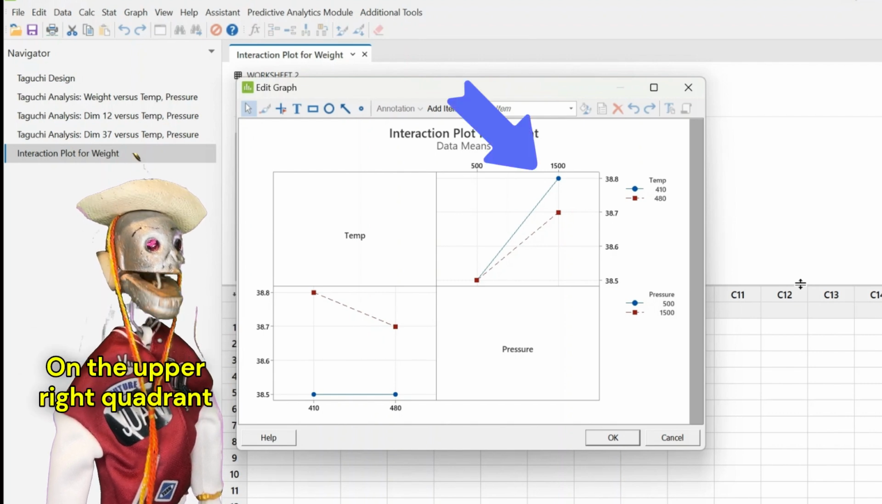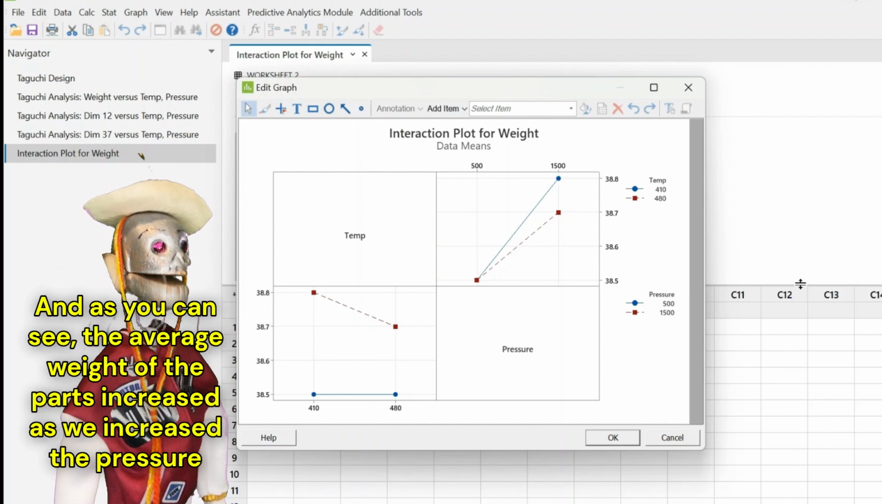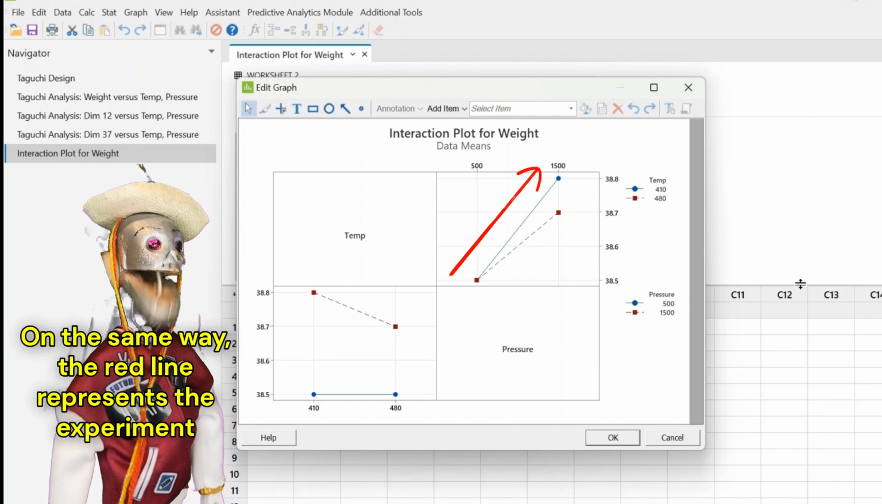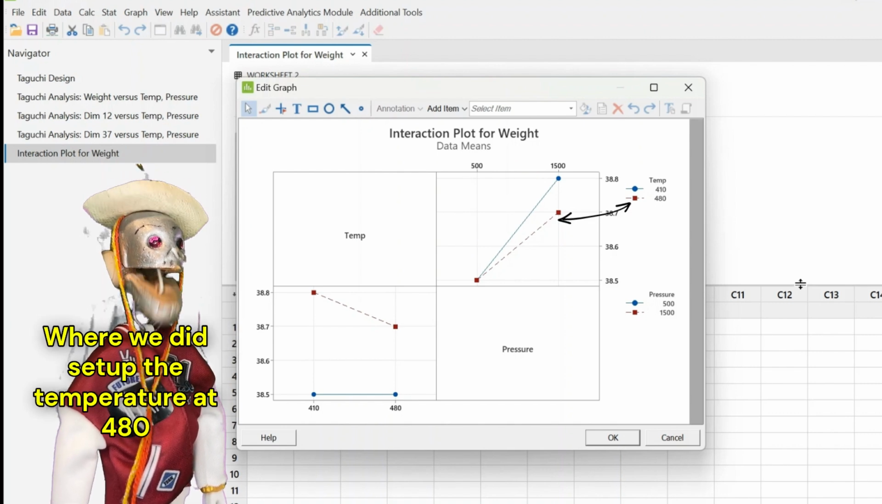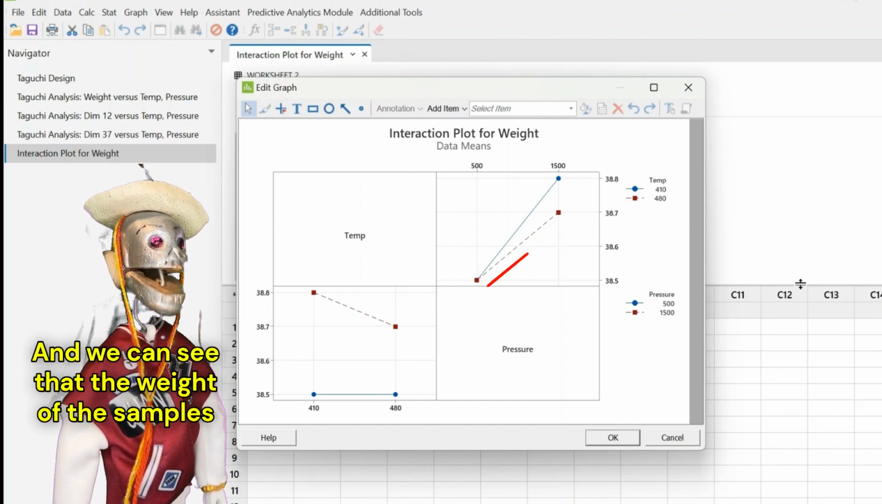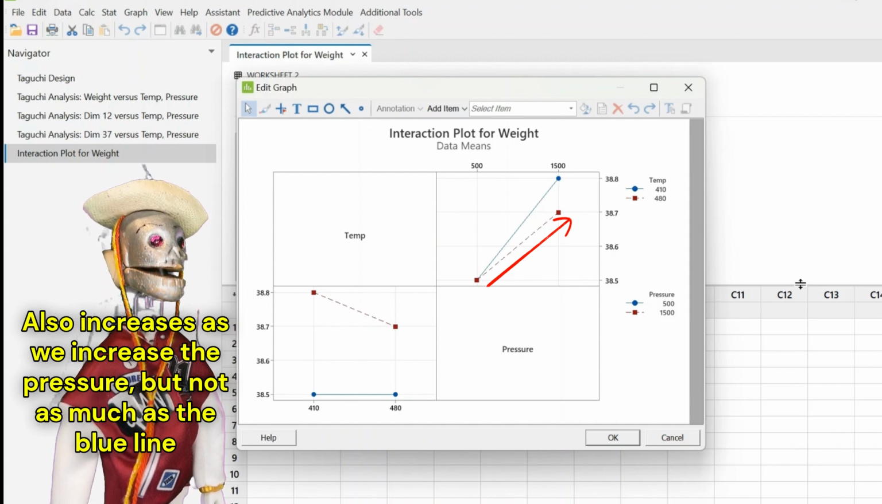On the upper right quadrant, the blue line represents the experiment where we did set up the temperature at 410 degrees, and as you can see, the average weight of the parts increased as we increase the pressure. In the same way, the red line represents the experiment where we did set up the temperature at 480, and we can see that the weight of the samples also increases as we increase the pressure, but not as much